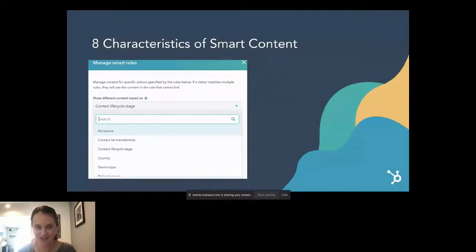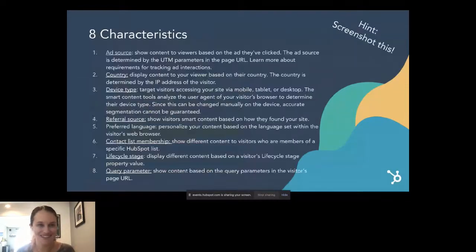So that's a lot. You can take a screenshot of this just to remember that. You can also find it in all of our HubSpot documentation about smart content, as well as the materials we'll be sending out later this week. I'll give you guys a second, and we're going to look at some more examples of how to use these a little bit later in the deck. But definitely as you're listening, make sure that you're writing down notes of how you might leverage this for your own business, for your own clients. There's a lot of really powerful things in here, and it's very simple to set up within HubSpot.